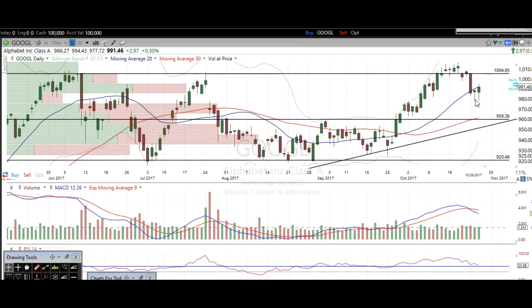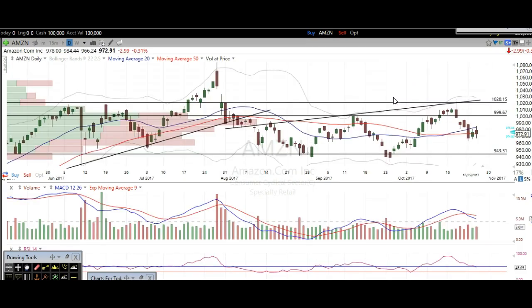There's a lot of other opinions out there, I really don't care, but for me personally, I don't like the risk versus reward on Google in either direction, just because I've got two conflicting things that are really just as much. But on the other side, if we did have a false breakout and it was still below this level, to me, that would be a great shorting opportunity,